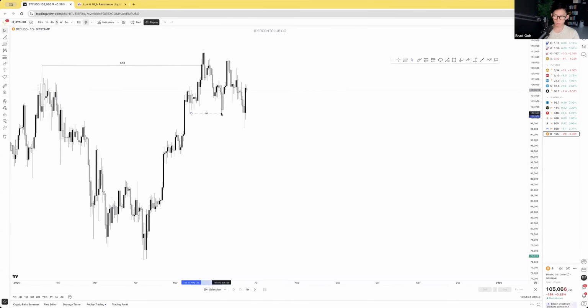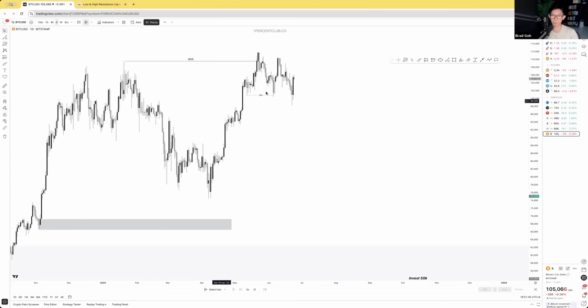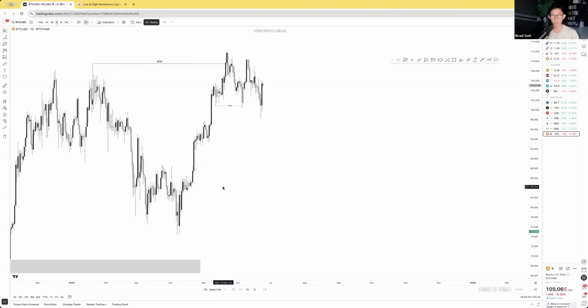This is not really convincing though, right? It's not a convincing market shift because, like I said, price did not really close below this low. You can see even yesterday, price came down here, but it just swept all the available liquidity below this low and then continued pushing up. So this is not the most convincing close, which tells me that right now Bitcoin is still within that bullish